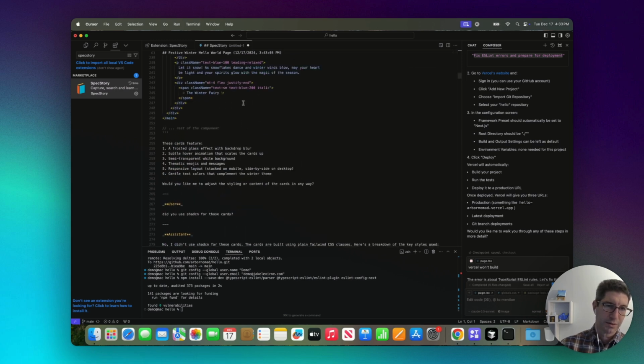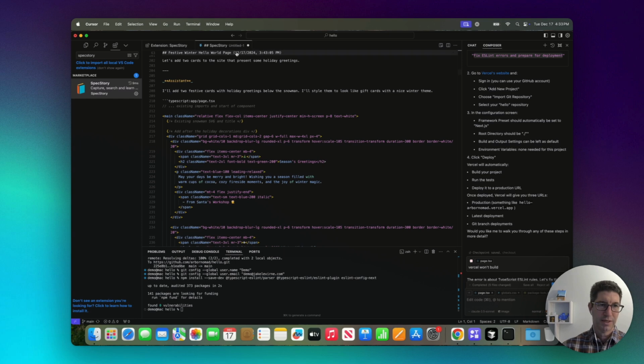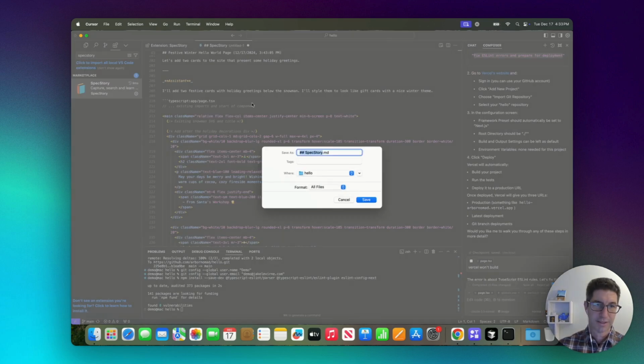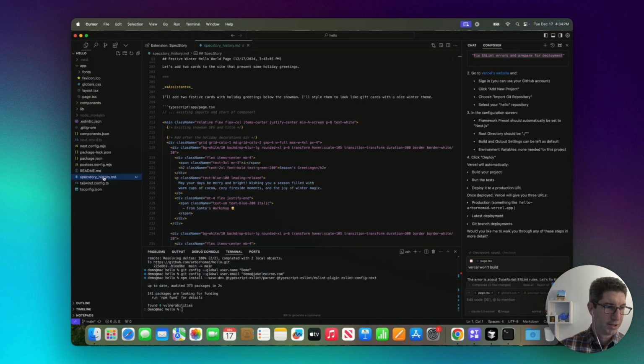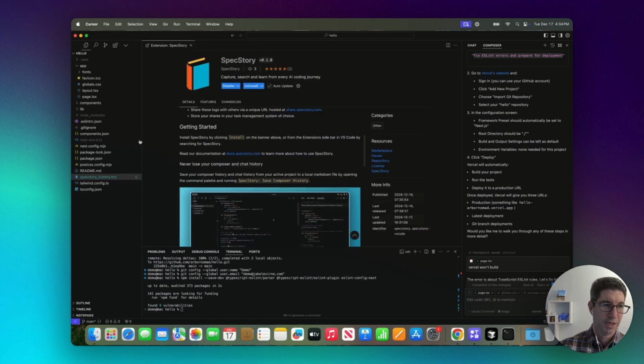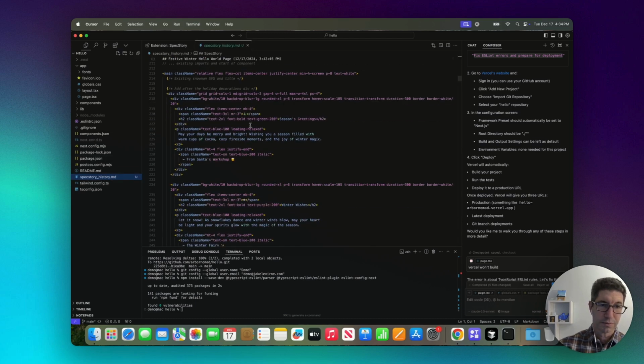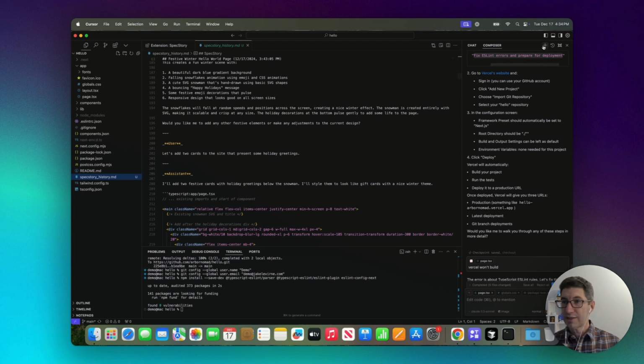And actually, they're staged. If I want to really save this, I can hit Command S, save this file, and maybe we'll call it SpecStory history.markdown. And now there's our SpecStory history markdown file. You can always get back to it whenever we need to. Interestingly enough, we can even